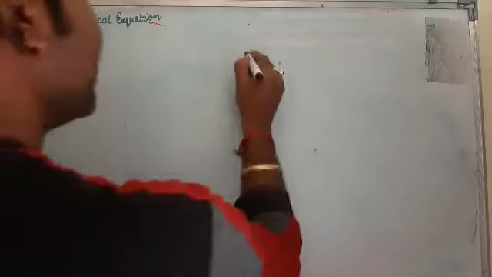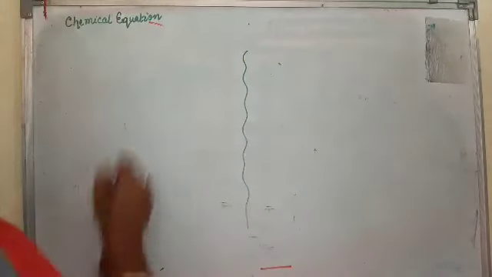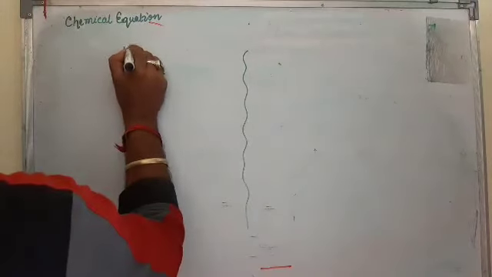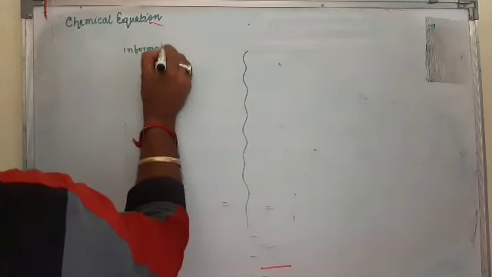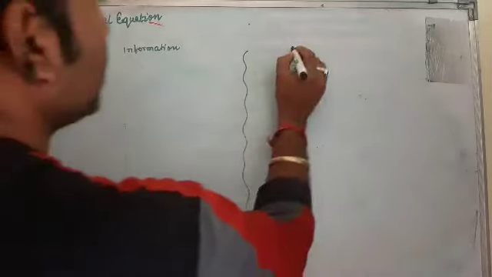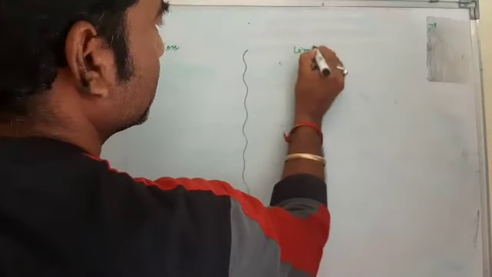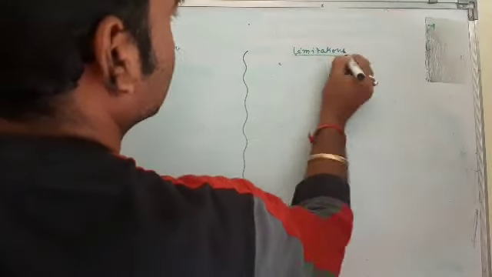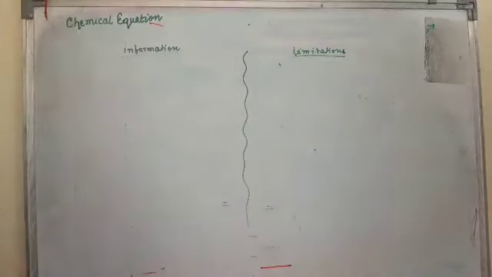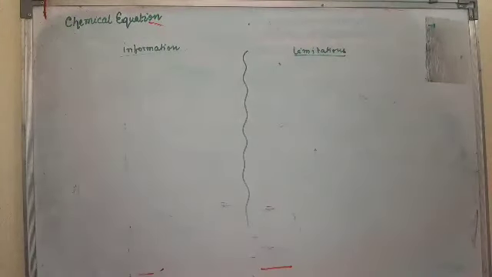For easy understanding, I am doing like this. Thus here the information, and here you use limitation. What are the limitations? And these are the information for chemical equation. So if I use chemical equation, the information,